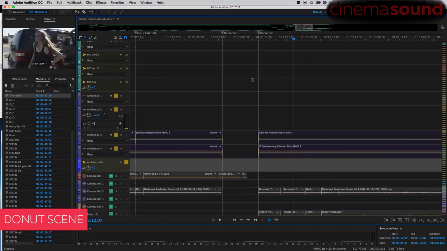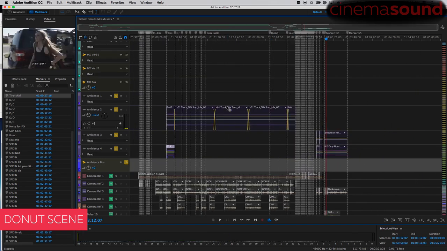And that's pretty much it. Not a lot of special stuff here, but what I wanted to show you is the difference between ambiences out